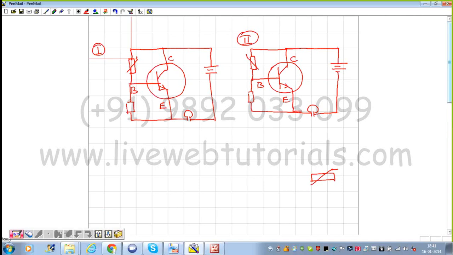Now suppose here the thermistor is in contact with low temperature. It means at that time its resistance is high. Remember, whenever high resistance is there, current cannot flow through that part. It means through this part the current is not allowed to flow. It means there is no base current. If the base current is not there, the collector-emitter current also will not be there. The transistor is going to be in the off condition.